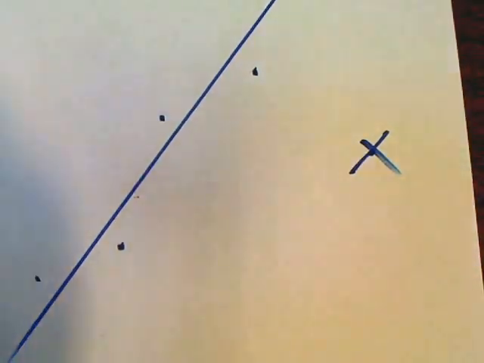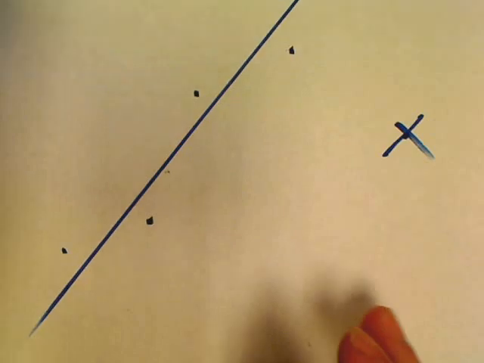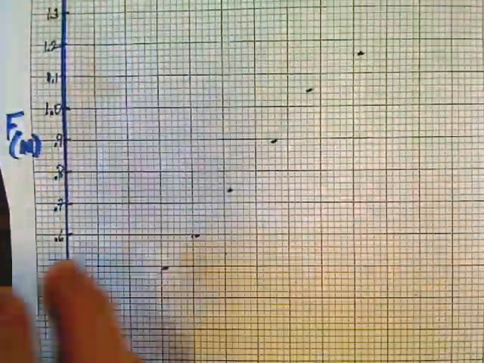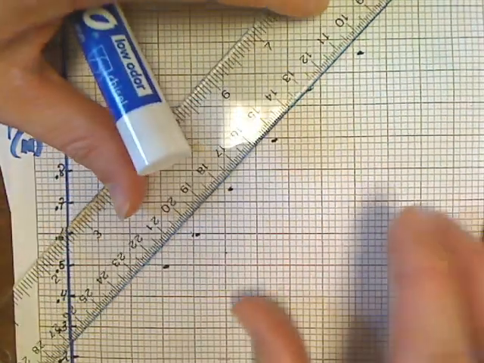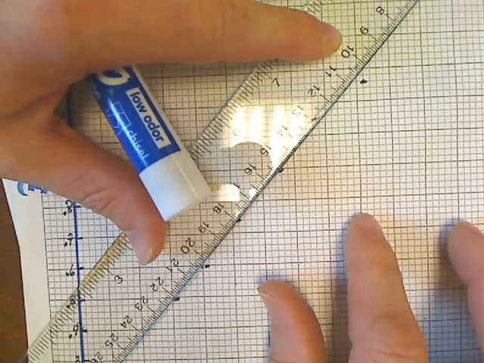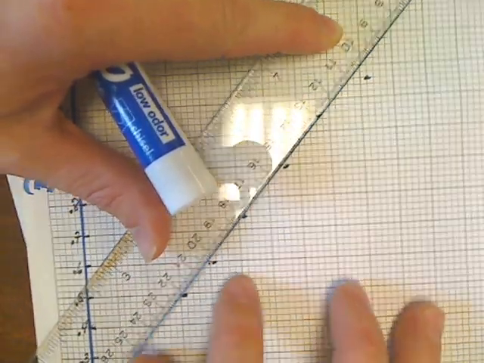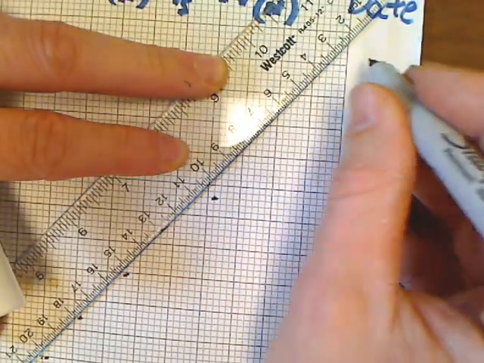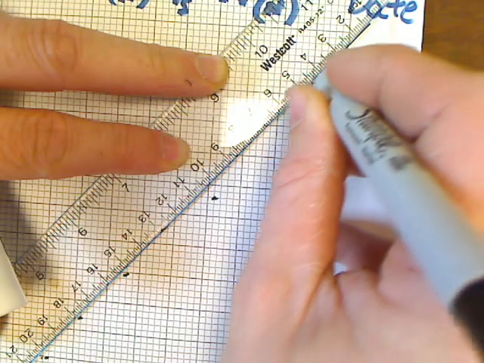Now, I'm going to do the same thing on my graph paper. This is my graph. You can see my dots running up through here. And now I'm going to lay my ruler on. I'm going to lay this ruler so that it goes all the way across the paper from one end to the other. I may not hit every dot, and that's okay. But I'm going to start at the top end of this graph, and I'm going to draw a line that goes